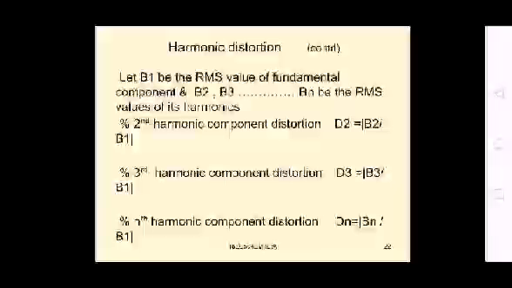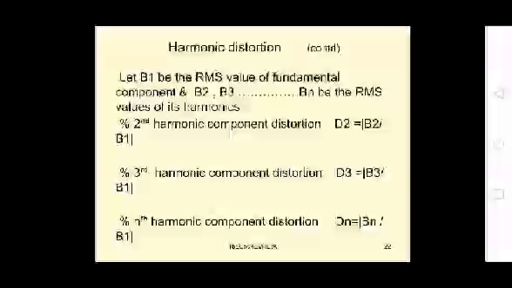So how do we calculate the harmonic distortion present in your signal? Let us take the RMS value of your fundamental frequency component. We call the amplitude of the RMS value of the fundamental component B1, and your harmonics will start from 2, 3, 4 up to n. So you will have n harmonics starting from 2, 3, 4. Your first one is the fundamental frequency component, that's why we take its amplitude as B1.